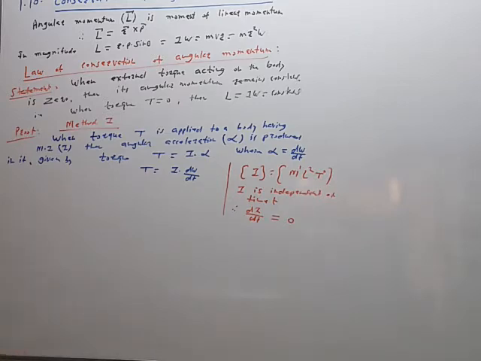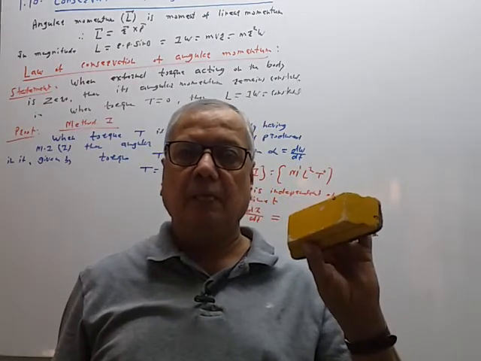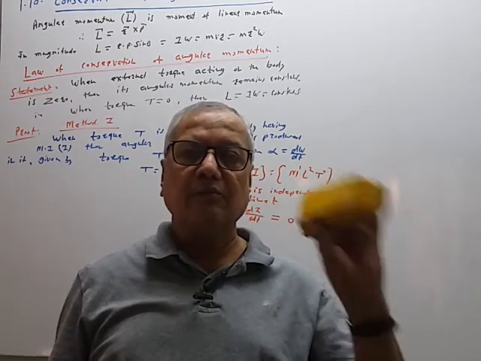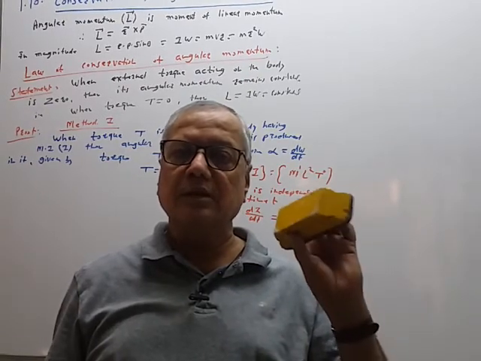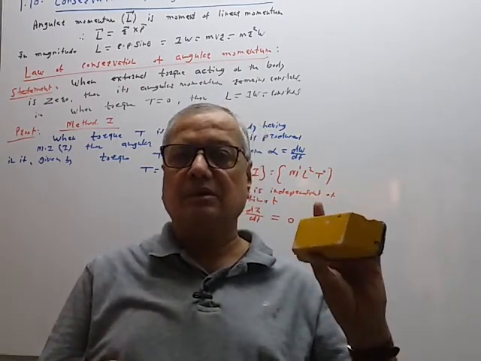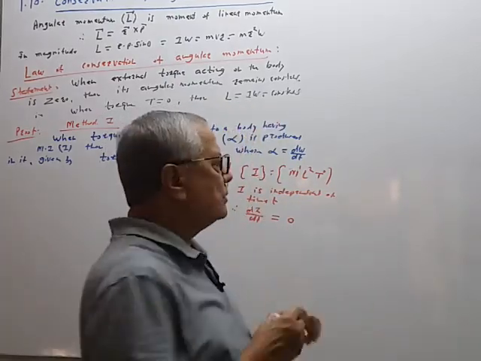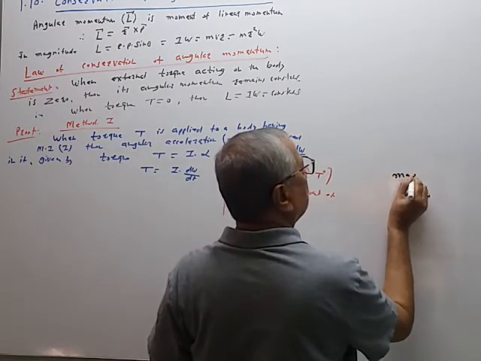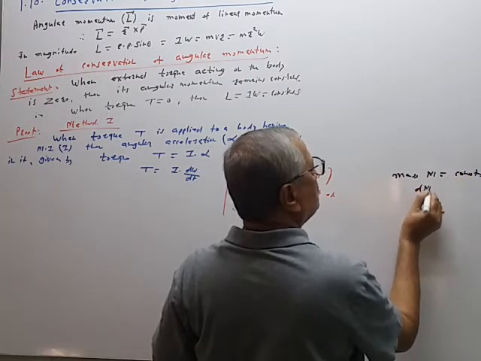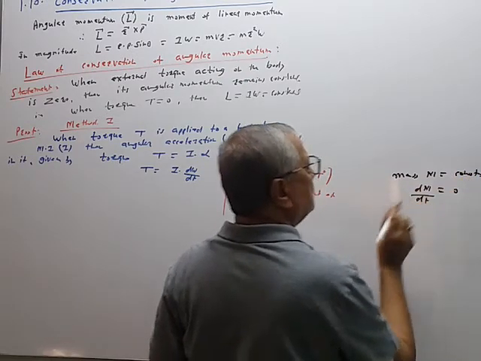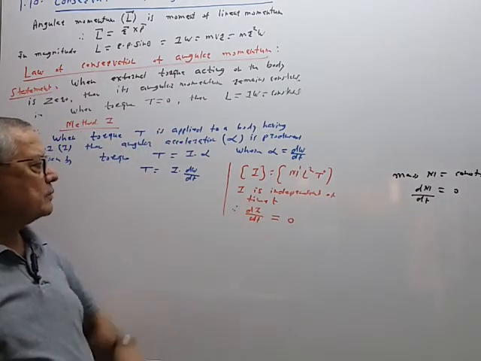For example, if we consider the mass of the duster is 50 grams, then whether we measure it today, after 1 year, or after 10 years, it remains the same. So it remains constant. There is no change in the mass of the duster, so dm is equal to 0. So mass m is equal to constant. Therefore, there is no change in mass with respect to time t. So moment of inertia is independent of time t. Therefore, dI by dt is equal to 0.